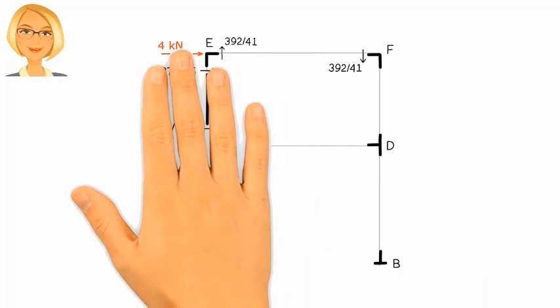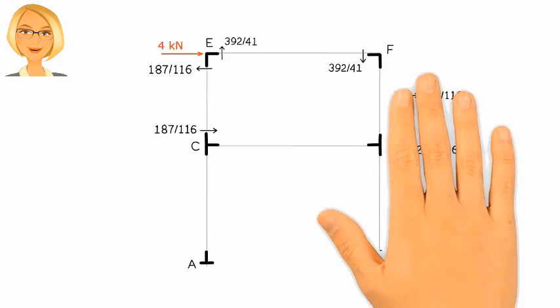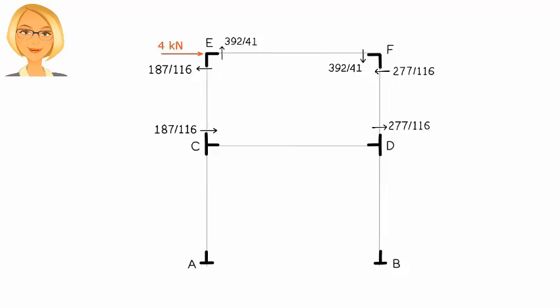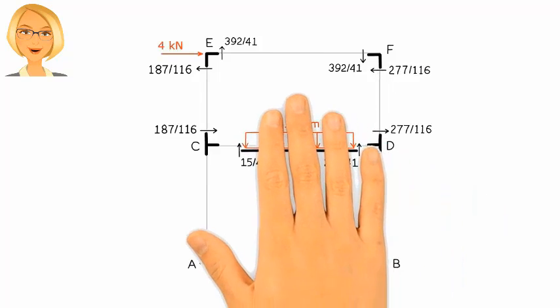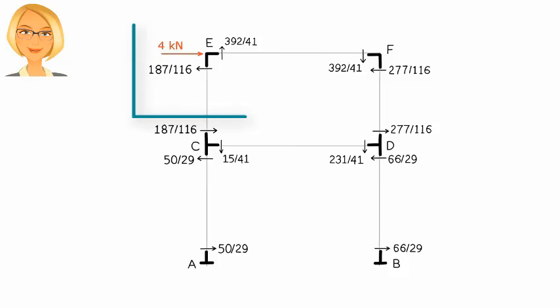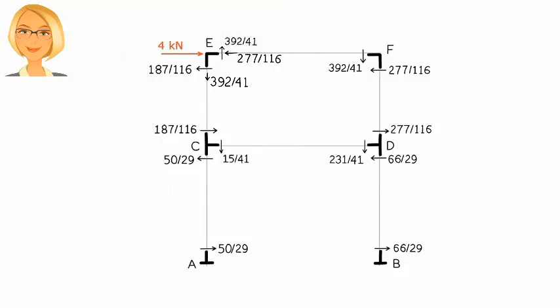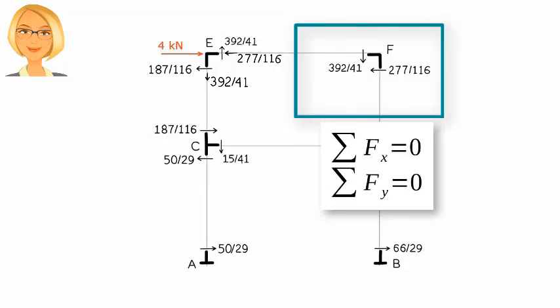For member CE, for DF, for CD, for AC, and for BD. Now we enforce the equilibrium conditions. For joint E, we get, for joint F, we have